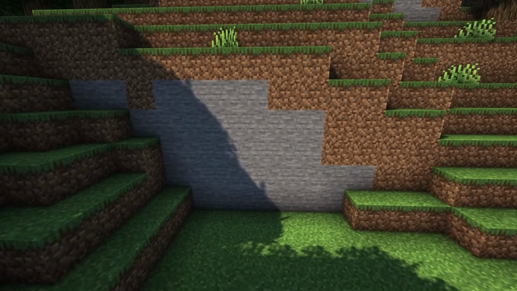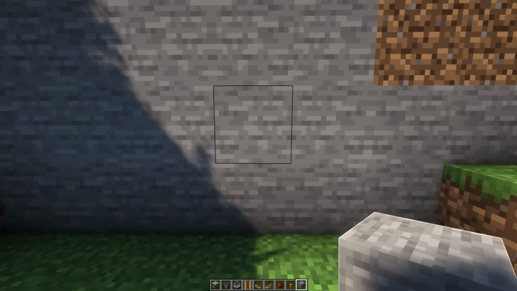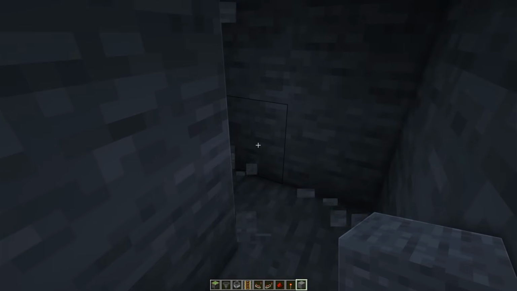So once you've found your spot, like I have right here, you're going to want to go ahead and dig in a little tunnel. We're going to go 3 blocks deep. So 1, 2, 3. And then at the very back left here, we're going to destroy these 2 blocks